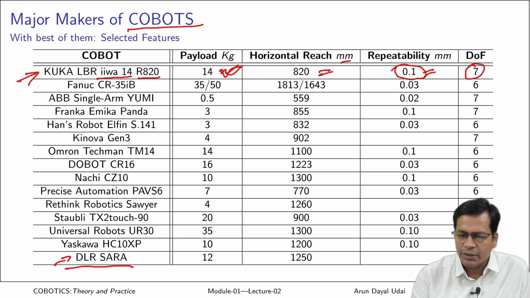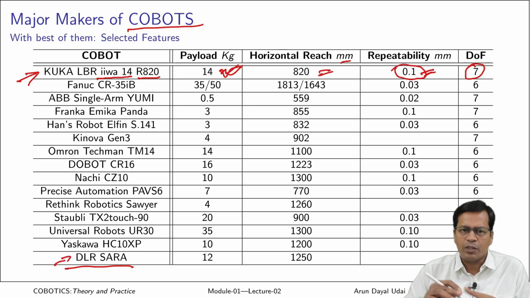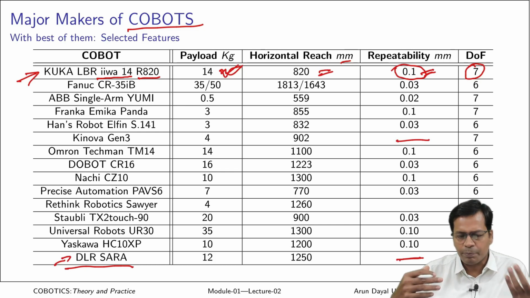You find quite good repeatability in industrial robots, but with cobots, because they are flexible and compliant, you cannot expect much repeatability. That is the reason quite a lot of robot manufacturers do not mention it. They are good robots, but they do not mention it because they are for a different purpose altogether,